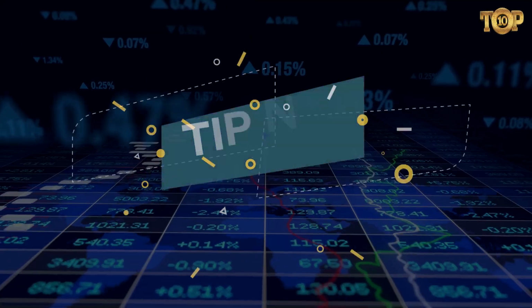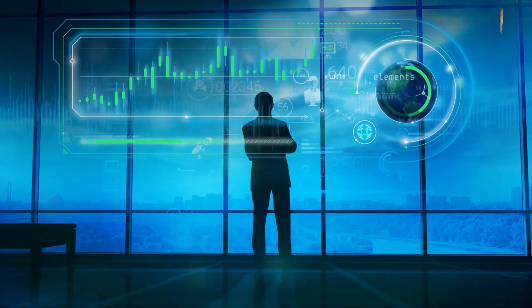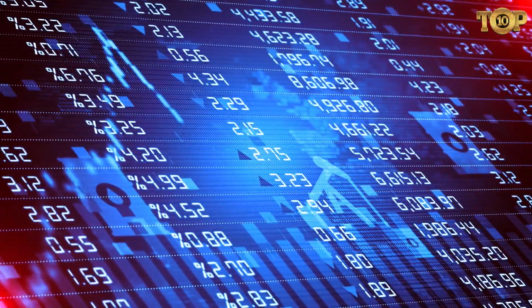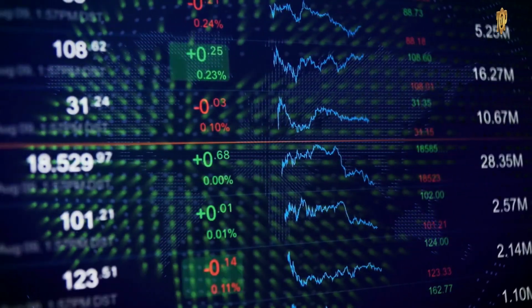Tip number 1, develop a trading plan. The first step to becoming a successful trader is to develop a trading plan. A trading plan is a written document that outlines your trading strategy, goals, risk management techniques, and trading schedule. It is essential to have a plan because it helps you stay focused and disciplined, which are two critical components